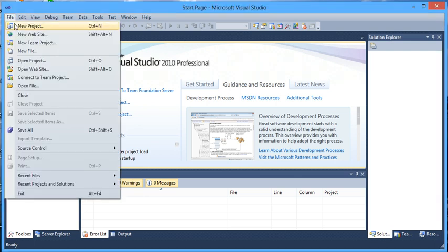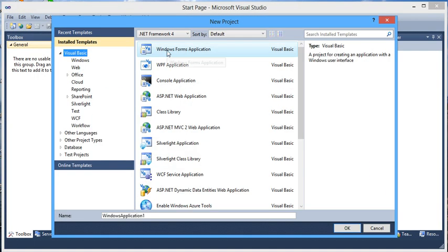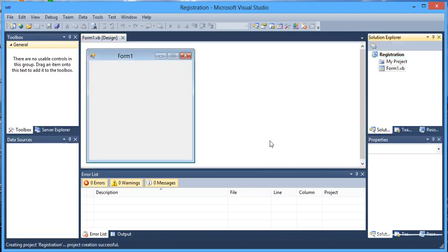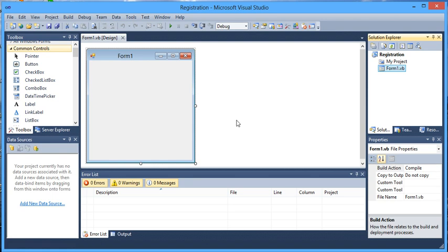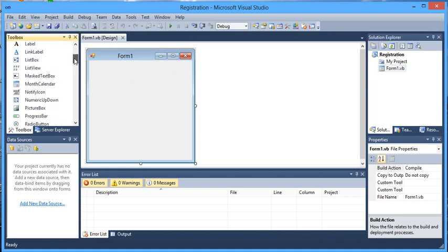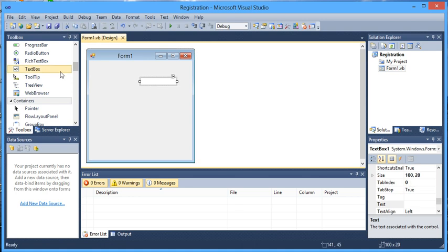Click on File, New Project, Windows Forms Application in Visual Basic. Give your project a title, like Registration in our case. Click on OK. Now whatever we want on our GUI, or whatever we want our user to see, we will add under this form panel. Like we want to have some text boxes, so from this toolbox we will add 3 text boxes,